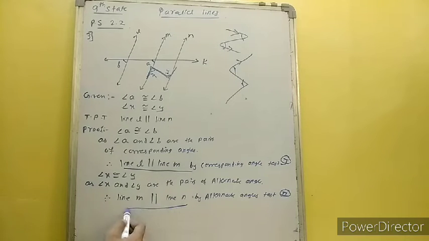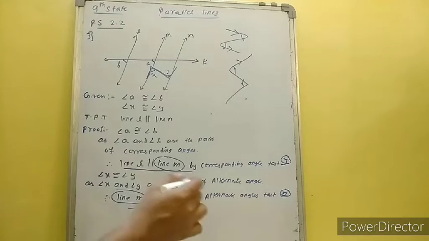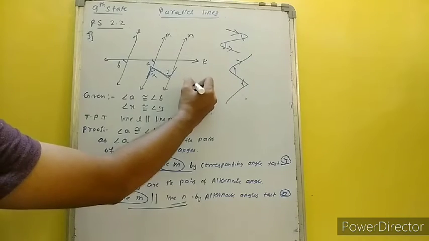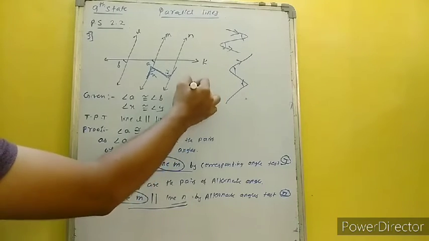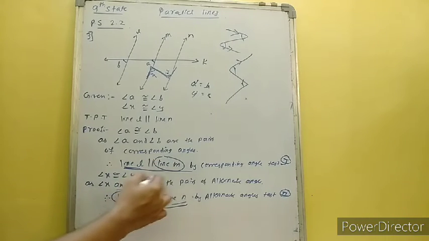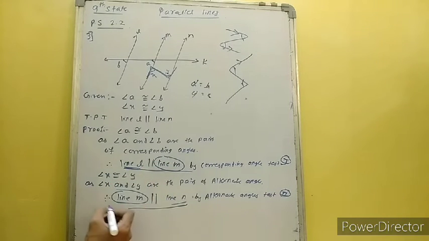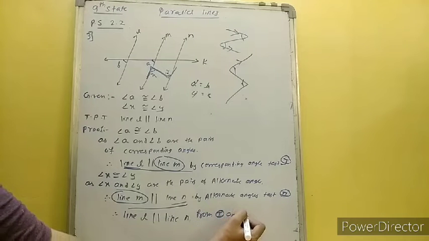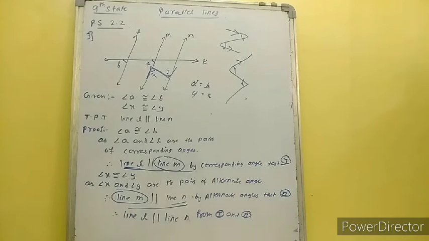Okay, if you see 1, we have L parallel to M. If you see 2, we have M parallel to N. So line M is common in both the parts. So from 1 and 2, I can say that line L is parallel to line N. See, if it is like this, A is equal to B and A is equal to C, A is common, so B is equal to C. Similarly, M is common, so line L is parallel to line N. Therefore, line L is parallel to line N from 1 and 2. Okay, reasoning is very much important.